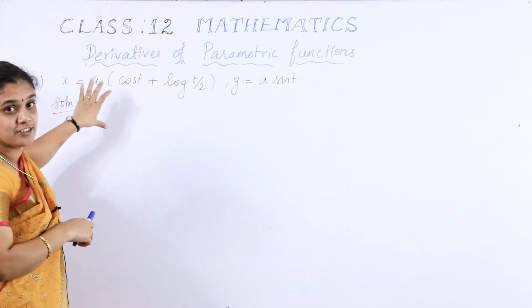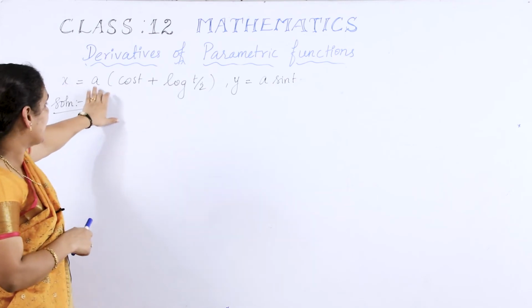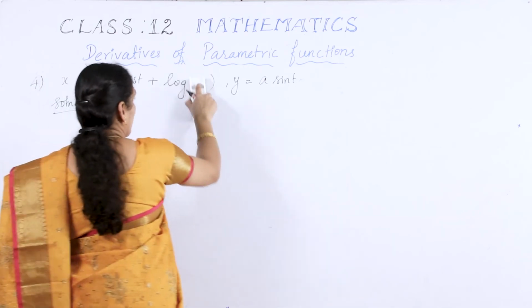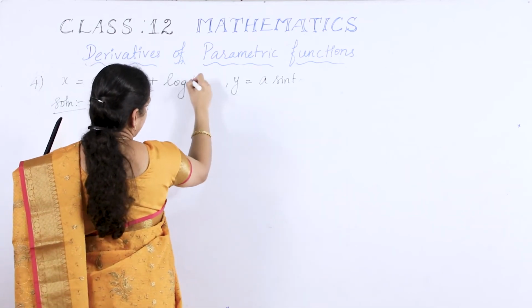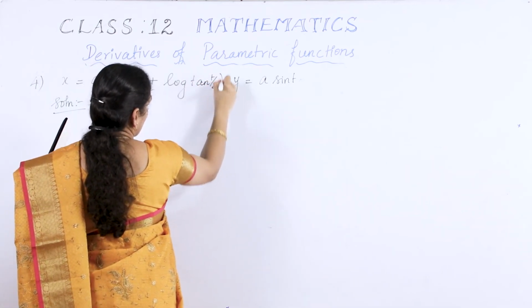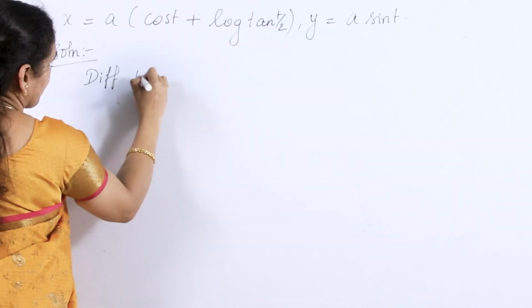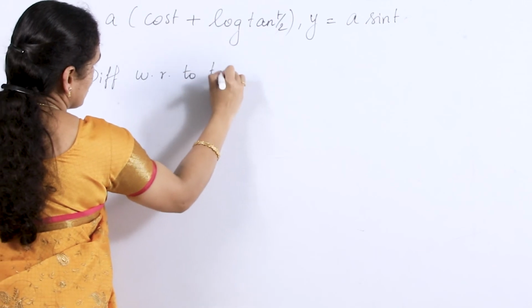From here you can start. Okay, so x equal to a times cos t plus log tan t by 2, and then y equal to a sin t. So we differentiate with respect to t. With respect to t, we get